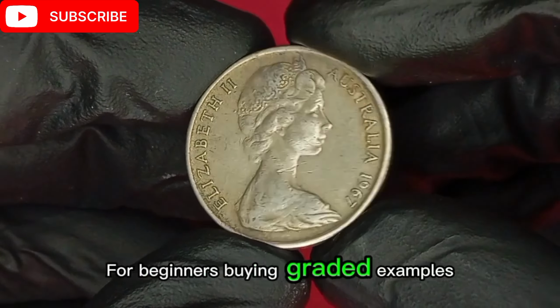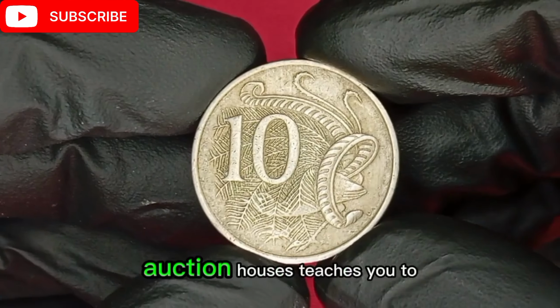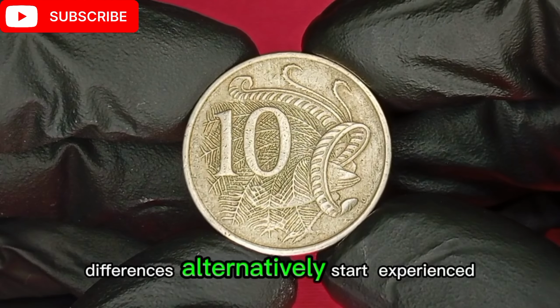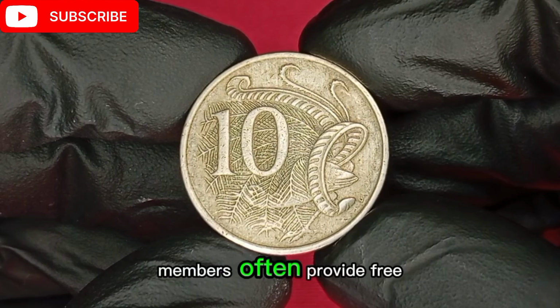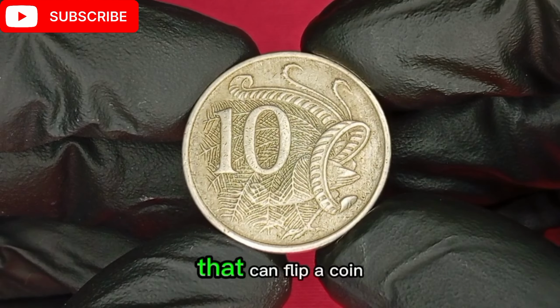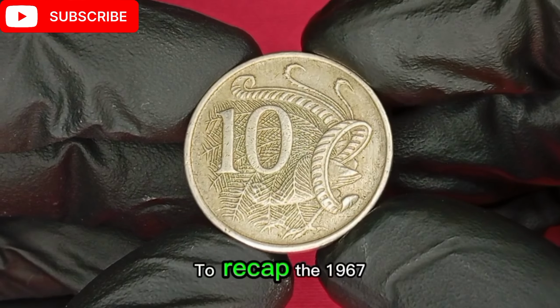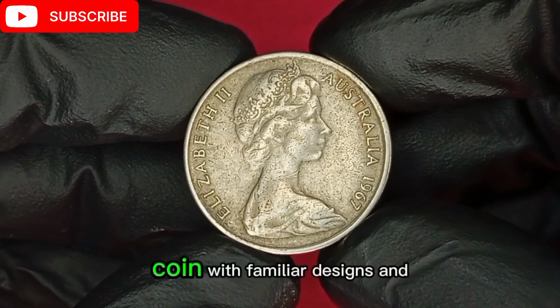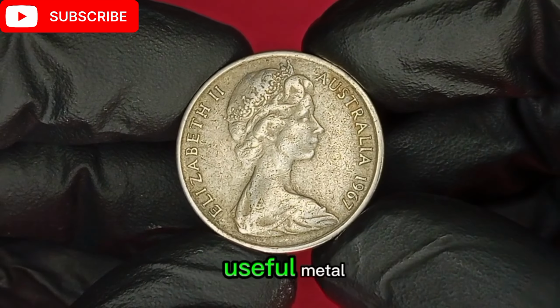For beginners, buying graded examples from established auction houses teaches you to see the condition differences. Alternatively, join a forum. Experienced members often provide free identifications and can point out the small features that can flip a coin from common to valuable. To recap, the 1967 10-cent is a well-struck, high-mintage coin with familiar designs and useful metal specs